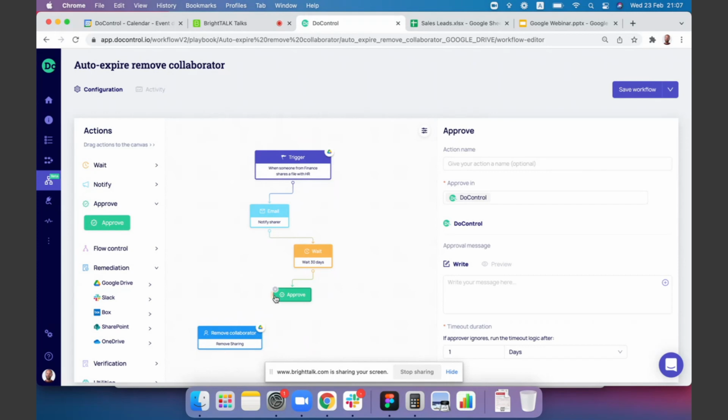So after 30 days, we will automatically ask the actor who originally shared the asset whether they need to keep it or not. In case they don't, we will remove the collaboration. If they don't answer for whatever reason, we will also remove the collaboration. We can configure a timeout for that. But if they do need